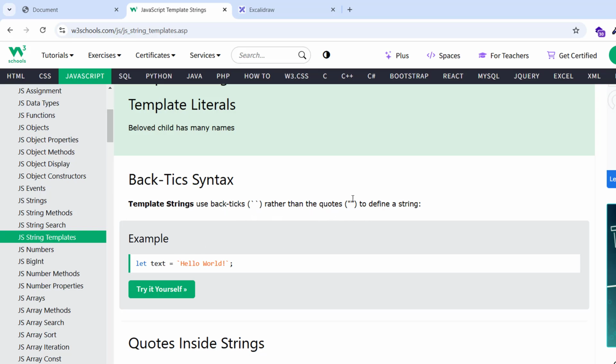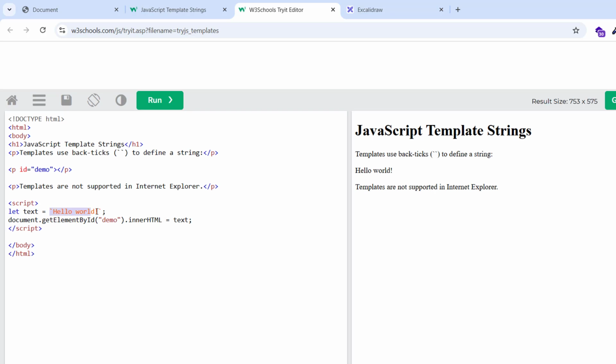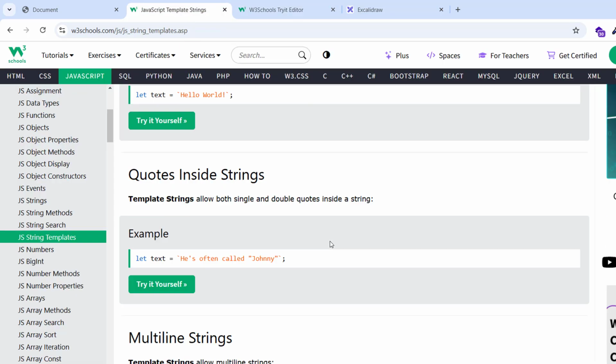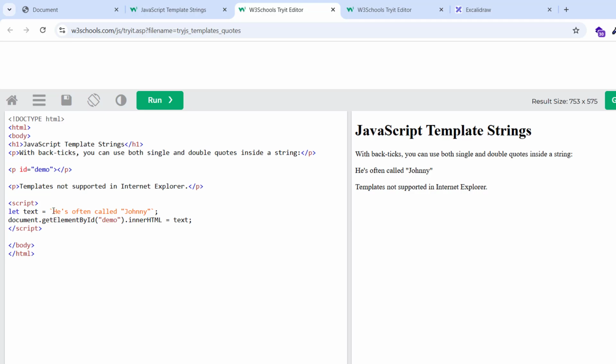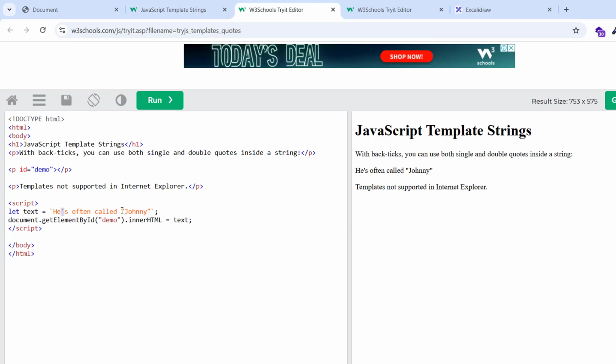So it is very handy instead of using quotes. So hello world. So we are using template string over here. Quotes inside the string. So template string allows both single and double quotes inside the string. So it's allowing, this is the single quote, this is the double quote. But if I don't use template string,